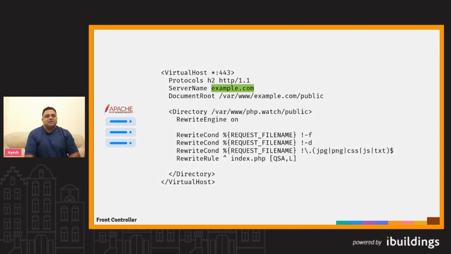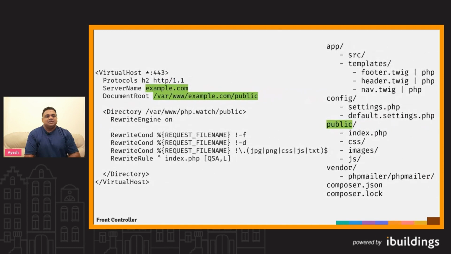Well, every web server worth using, Apache for example, has a feature where you tell it, for example.com, look for the files here: var/www/example.com/public. And we also define a rule saying if the requested file does not exist, and